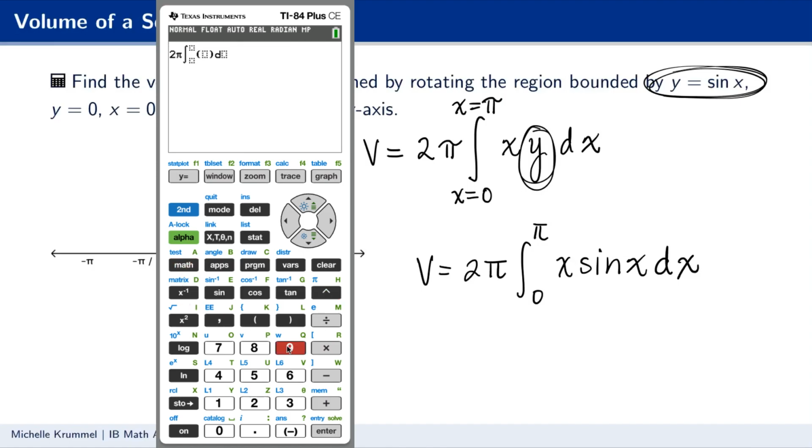We're going from 0 to pi, and we are integrating x sine x. And remember, whenever you use the sine, cosine, or tangent button on your calculator, you need to make sure you are in radian mode. I can see right from the top of my screen here that I am indeed in radian mode. And then times dx, enter,